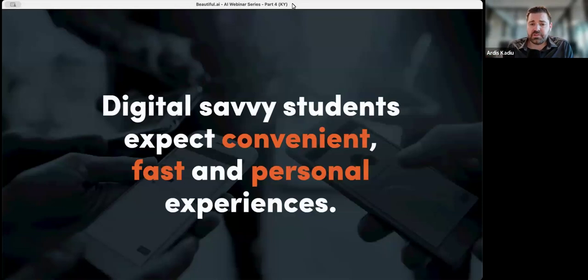Students are very digital savvy today, and they really expect very fast, very convenient, very personal experiences. They expect very consumer-like experiences today, similar to the Amazons and Netflixes of the world, even DoorDash delivering their stuff to the door. So we've all gotten used to this consumerization, and we need to be able to provide that experience